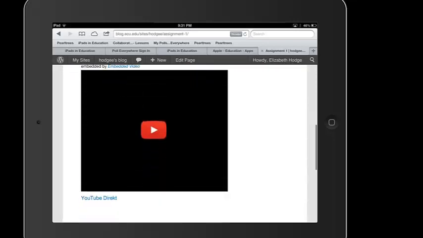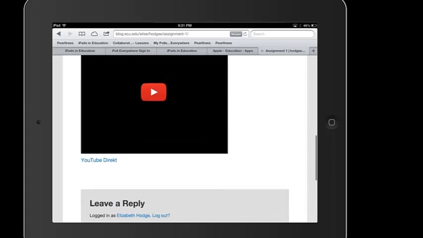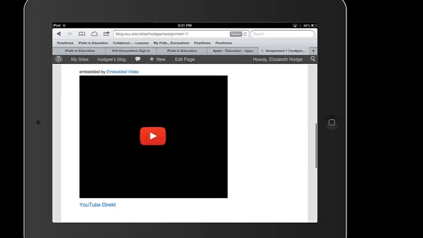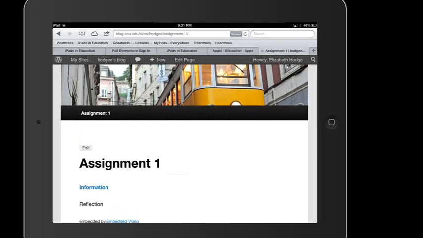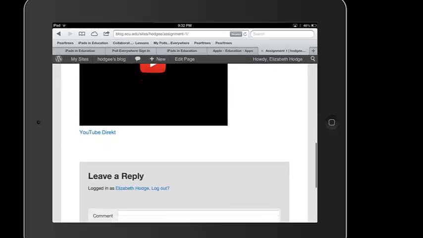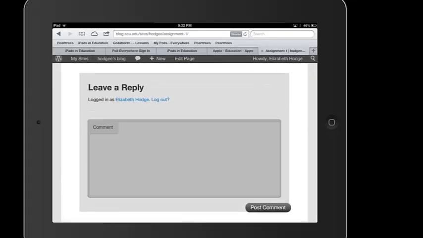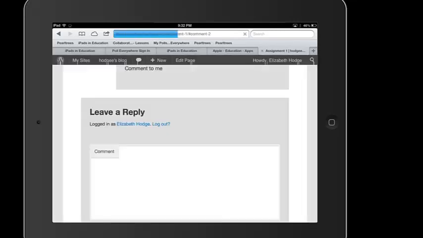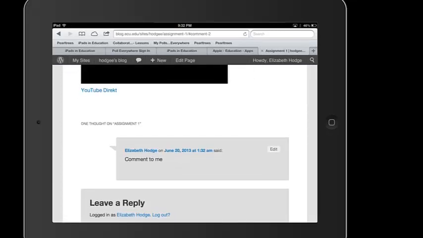And you can see here that although it doesn't actually go directly to the video because we haven't actually put in anything, it does show the coding that allows you to embed the video. And then you can see here I've got the information in blue, which would link to an actual assignment. And then down here below is where someone could leave a comment. And you can post the comment, and that will appear at the bottom of the screen when people comment